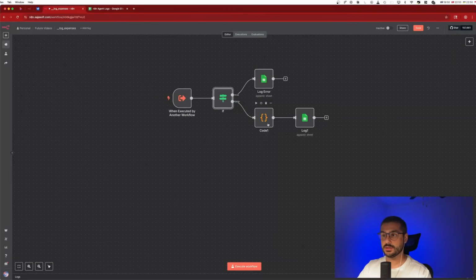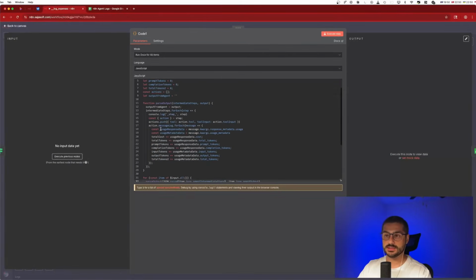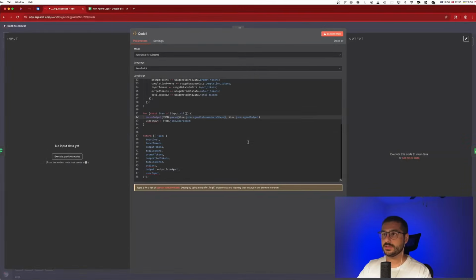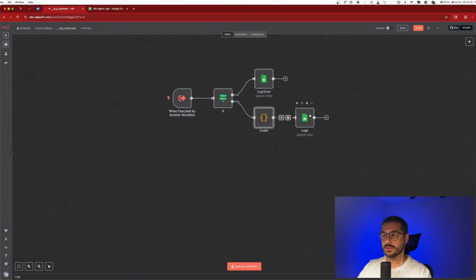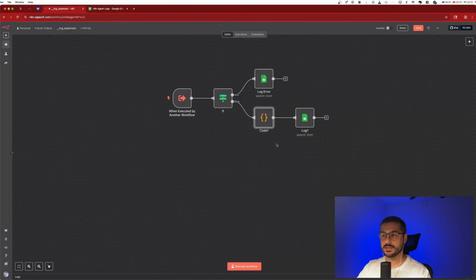If there's no error, then I have carefully written a piece of code here that precisely takes the tokens spent from the agent's response. This code then creates a very specific structure and subsequently passes it along for logging directly into our designated Google Sheets. Everything is pretty simple. It's all included in this node.